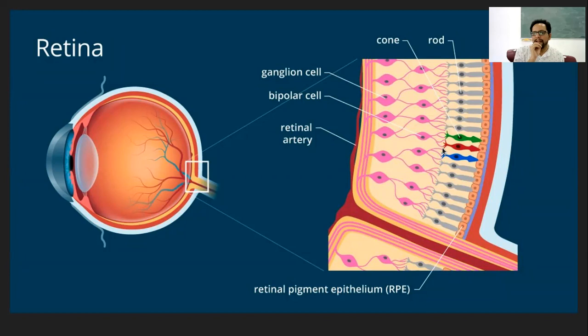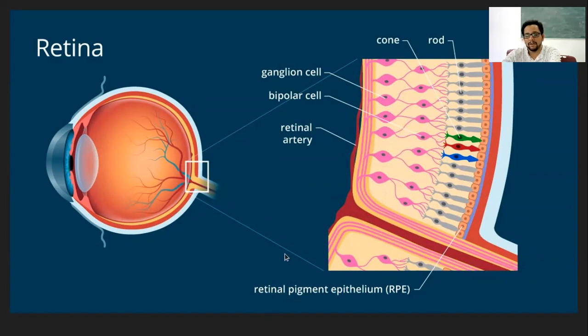Now one thing that this diagram does not represent correctly is the arrangement. It's not that the rod cells and cone cells are always at the end, and then on the innermost side there is a network. It's intermixed with each other, because it cannot be that only these cells will form a layer and then neurons will form another layer. Like I said, it's intermixed, so that wherever these rod cells are, they will always be connected with a nerve cell, and from there they will form the optic nerve. So that is the general structure.